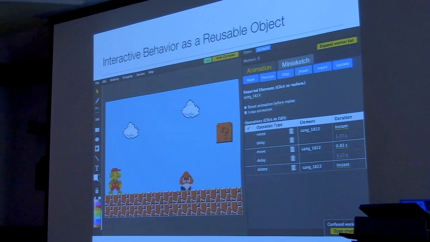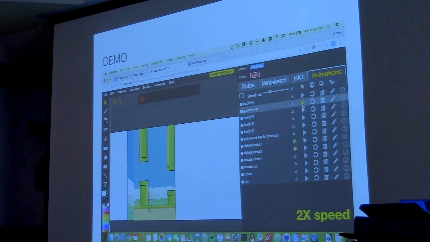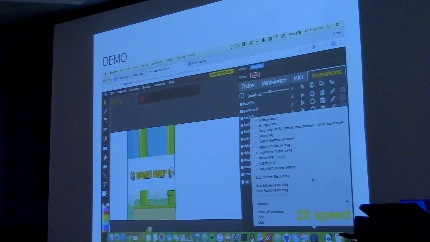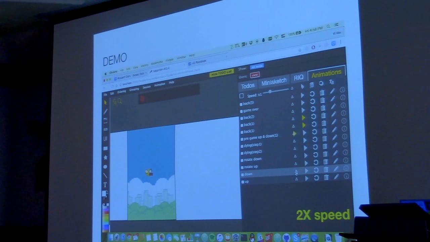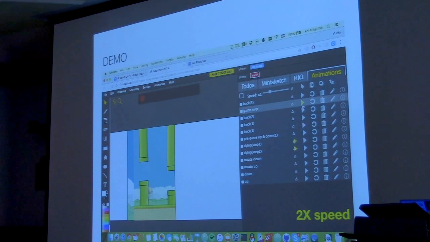Okay, so this is an example of how far we can go with SketchExpress. This is a demonstration done by one of our undergraduate researchers demonstrating the game Flappy Bird. As you can see, the game character, the background, and the game itself can be demonstrated separately and performed by one person. And you may be focusing on the left side, but an interesting thing happened on the right side